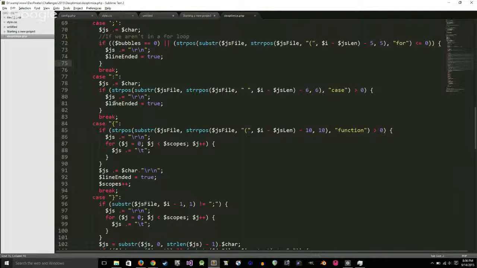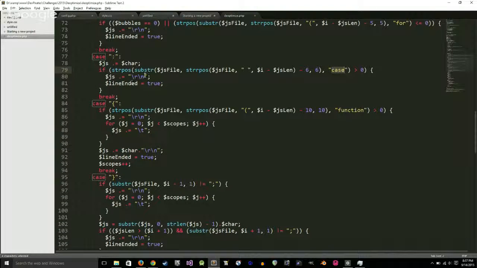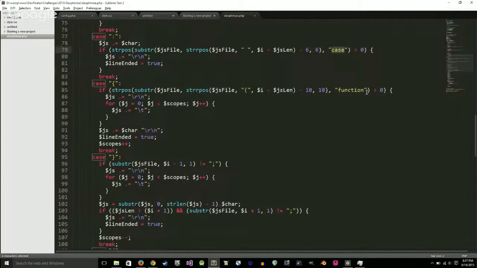argument thing. And then I have the colon, which you'll notice happens with case. So I wanted to increase the tab on that also. And I also wanted to end the line on that. Then I have different rules for the open thing if it's on the function line, because I like